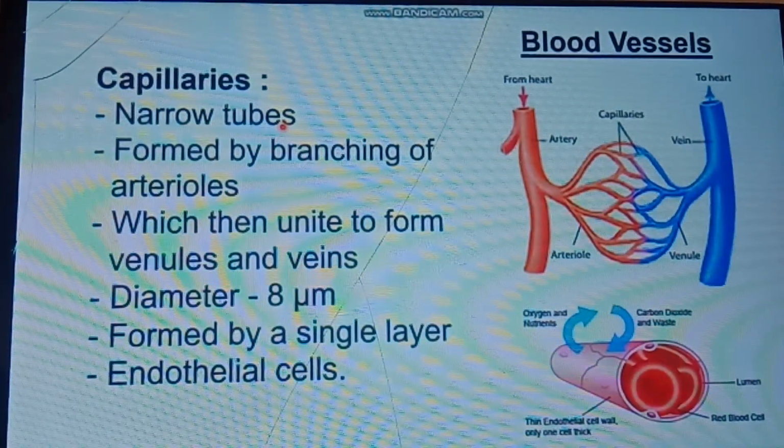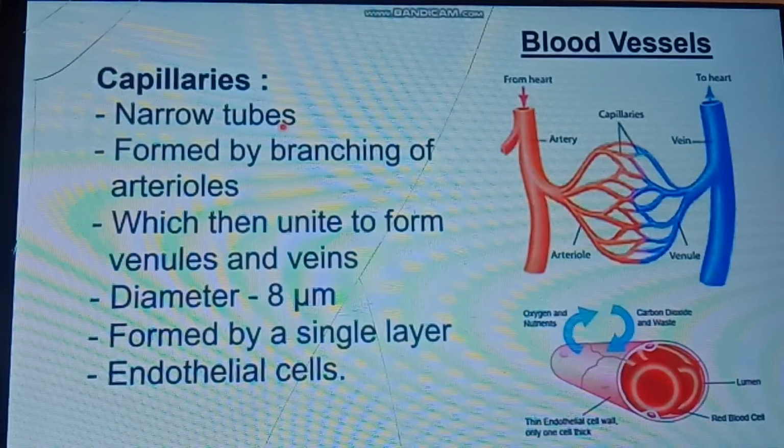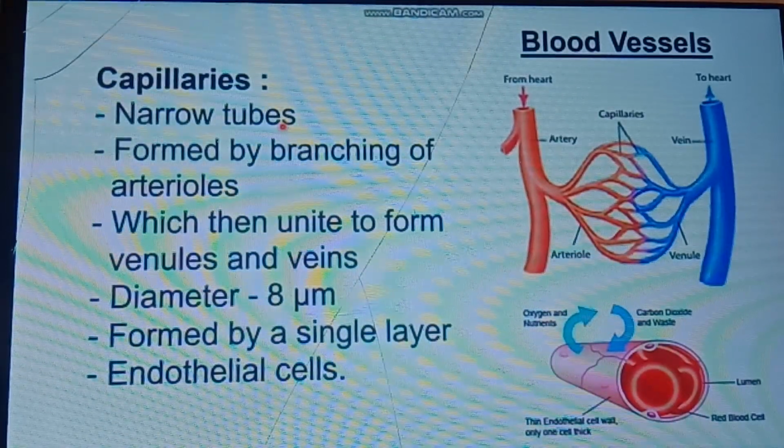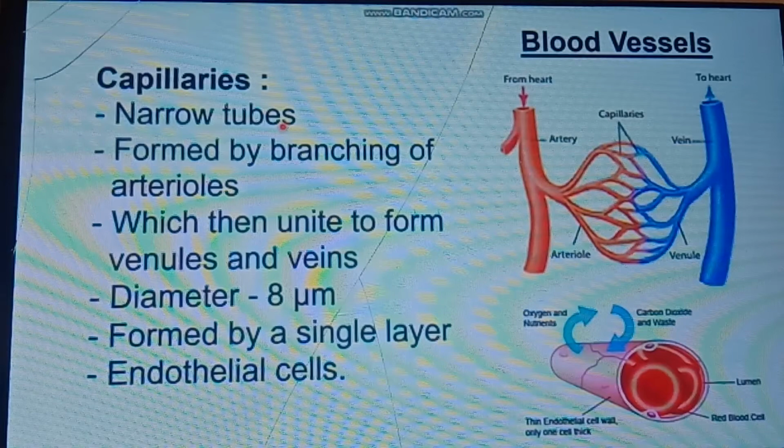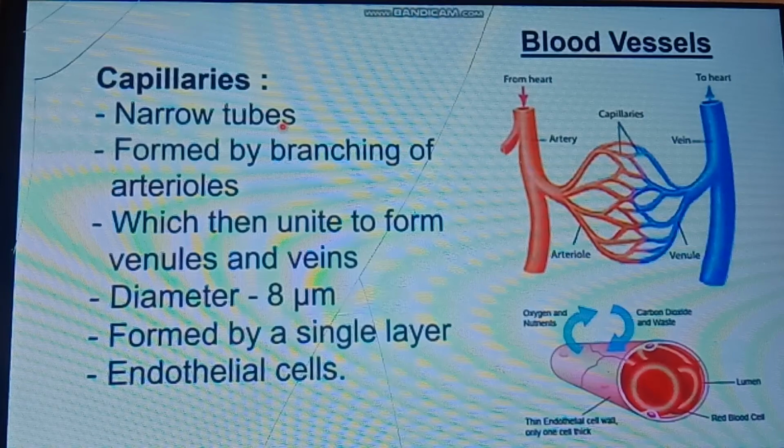Listen, blood vessels: arteries and veins. This is a short note. Blood vessels are a network of branching tubes, only for the transport of blood. There are three types of vessels, namely arteries, veins and capillaries. Arteries are thick and elastic vessels that carry blood away from the heart to various organs of the body. It's clear?